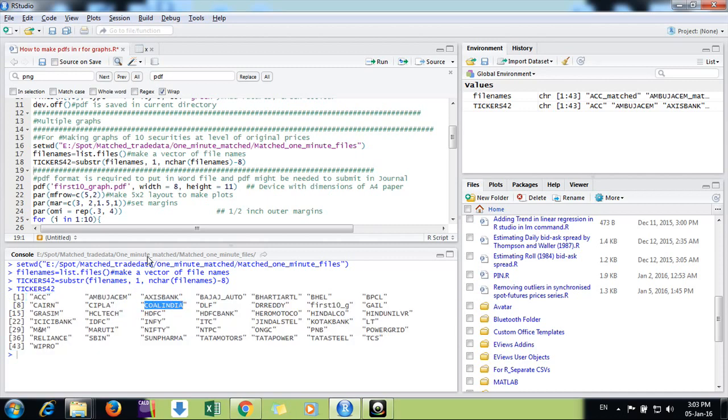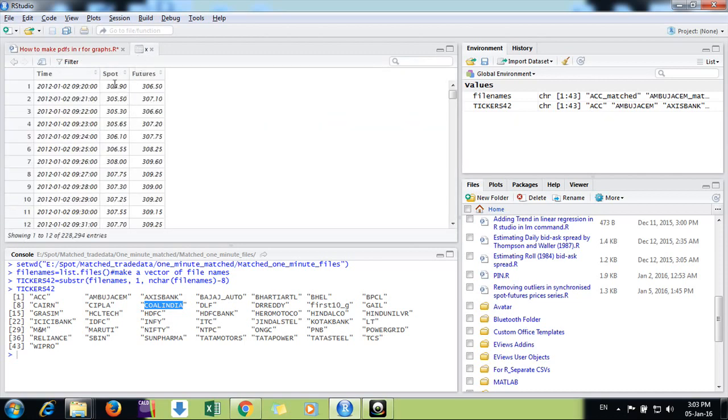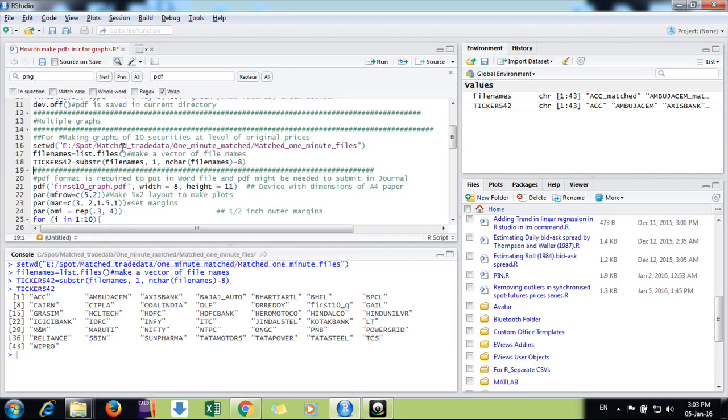I want to make a graph, and for each firm first I need to know what is there. Suppose in one file, this is a file that consists of spot and futures prices at high frequency level, that is per minute data points for 3 years. So here I have data from January 12 to December 14, per minute data point for each firm, spot and futures synchronized. So I want to make a graph for each of the firms. How to do that? We need this. Sometimes a journal wants PDF format files. So this is the way we can do that.